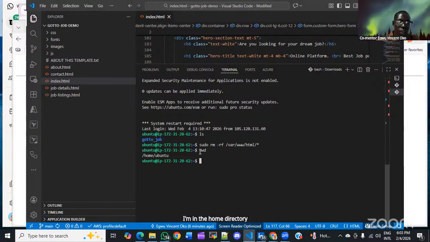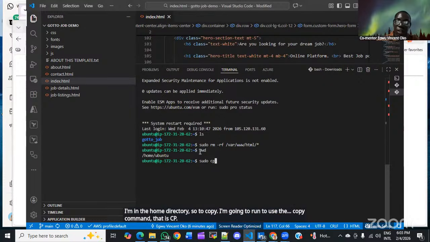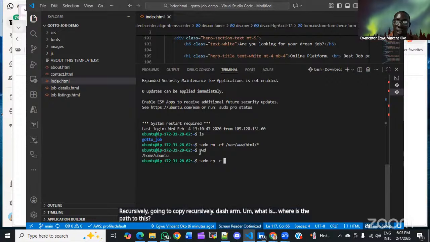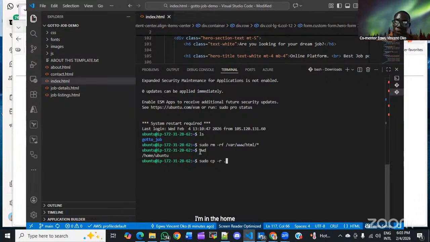To copy, I'm going to use the copy command, cp, recursively, -r. I'm in the home directory, so let me just use the relative path. This is goto